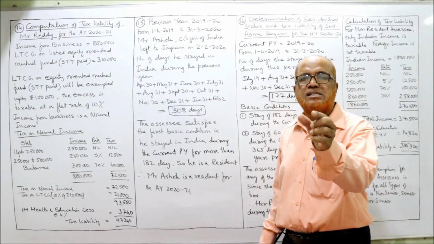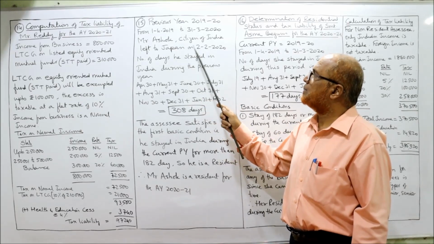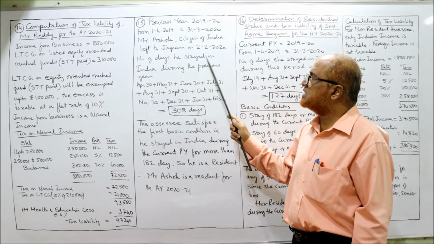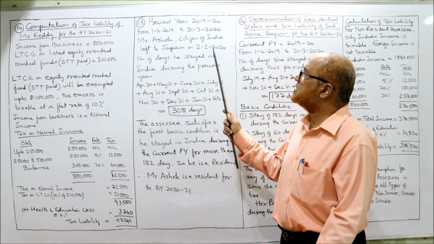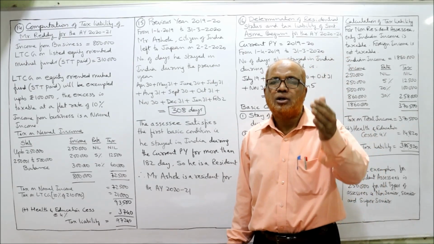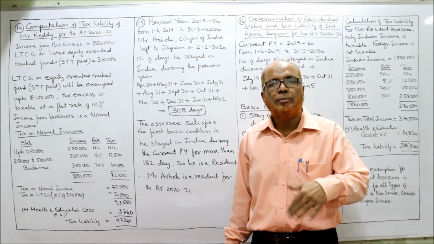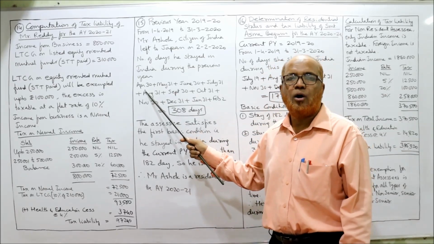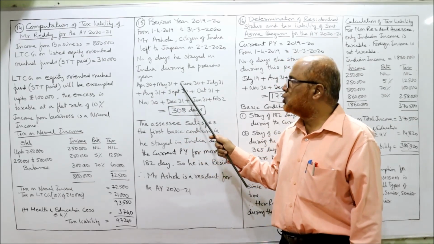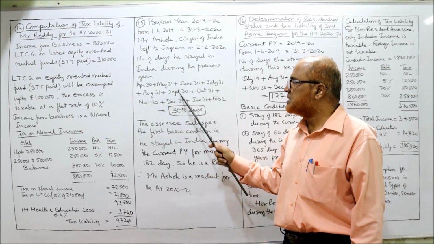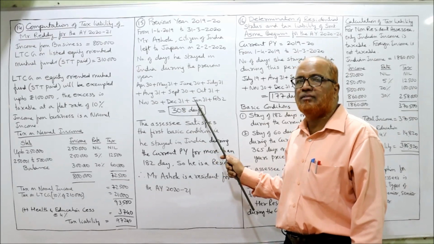Now we have to calculate how many days he has stayed in India during this previous year. Mr. Ashok, citizen of India, left for Japan on 2nd Feb 2020. So before 2nd Feb 2020, he was in India. How many days has he stayed? April, how many days are there? 30 days. May 31 days. June 30, July 31, August 31, September 30, October 31, November 30, December 31, January 31, February